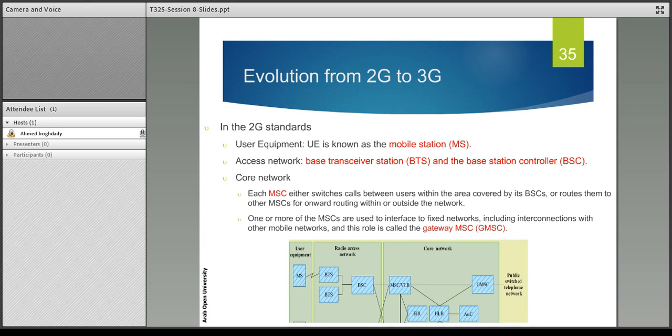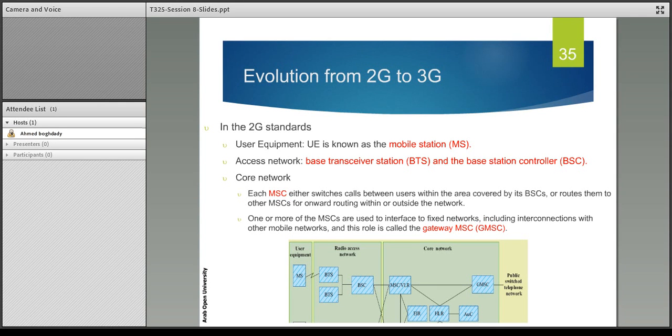This part is the user equipment, and as we mentioned previously, the user equipment in the second generation standard is named the mobile station, or in short MS. The user equipment can connect to one of the base stations in the radio access network over a radio interface, and here in the radio access network we can note that the base station controller can control the base stations,